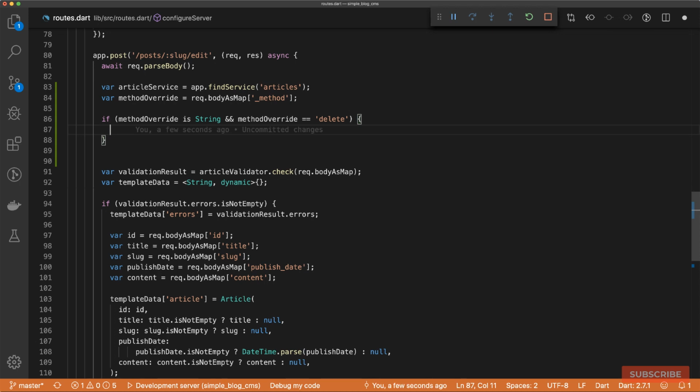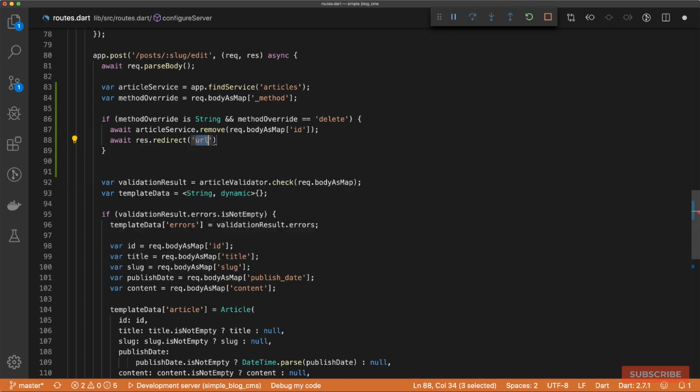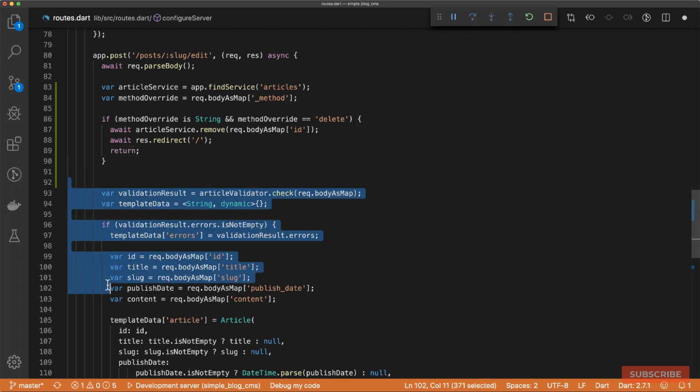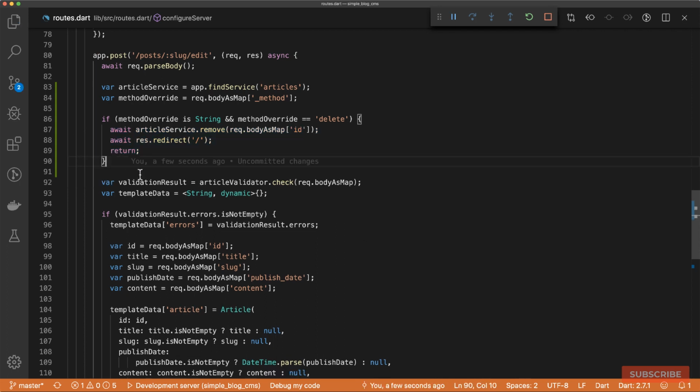So we can do await article service, and then we want to remove based on the ID. So how do we get the ID? We can do request body as map and retrieve the ID. That should remove it. And once we've removed it as well, we want to redirect to the home page. And after that, we just want to return. We don't want to execute this bit because we're just performing a delete operation. So if I save this,